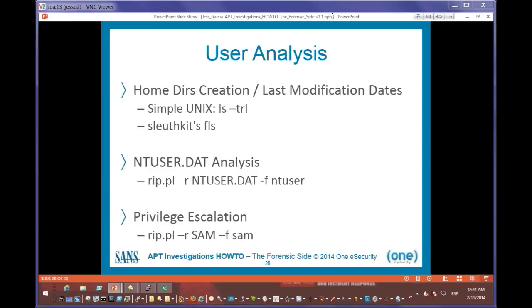This simple Unix command will show you the last modified. It will sort the files by last modified time. So what I really love to do is map a specific host remotely, go to the users directory, and just list all the directories in last modification date